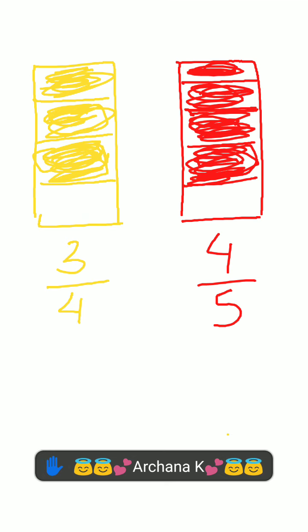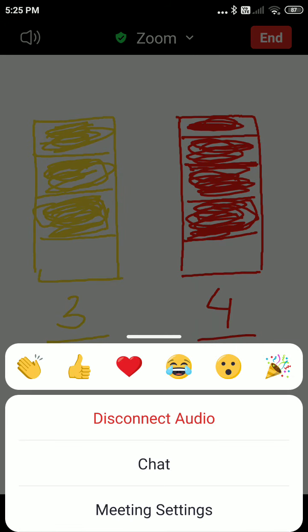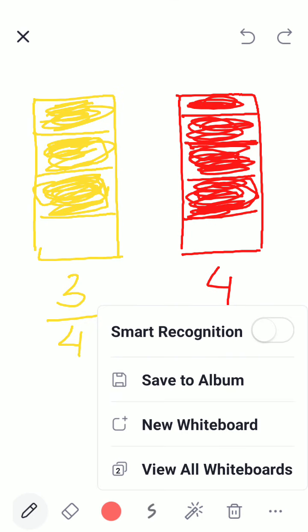Okay, now hold on. Now I've asked you all. Yes, Archana. That I will tell you. Wait, first I'm trying to explain to you all visually how we cannot guess. Just by seeing a picture, we cannot guess when it is unlike fractions. We cannot guess. Okay, we are not sure. Now I will draw another picture for you. Now keep this picture in mind. Let me draw another picture for you so that I confuse you a little more.